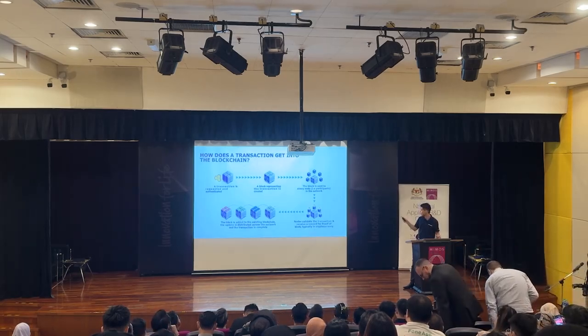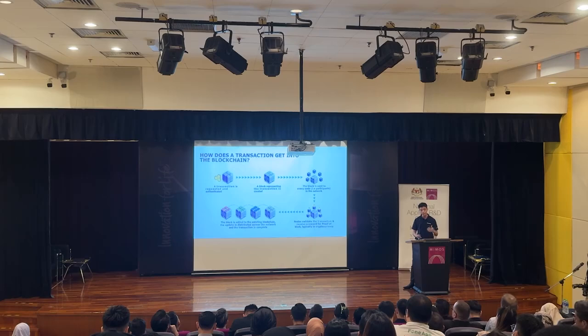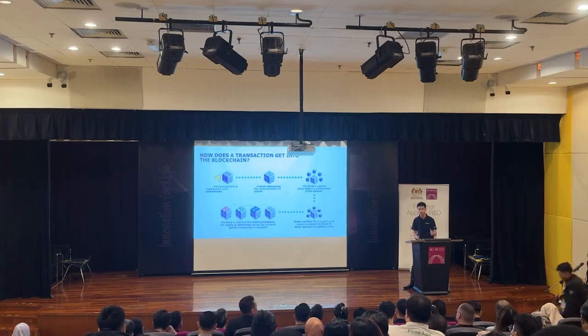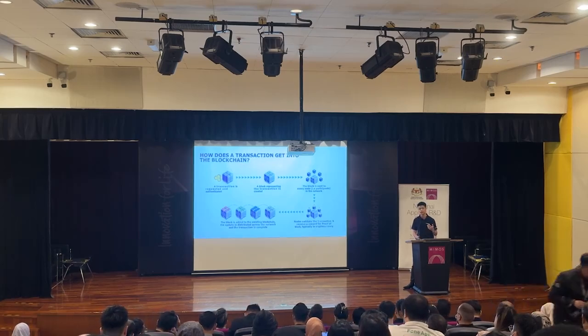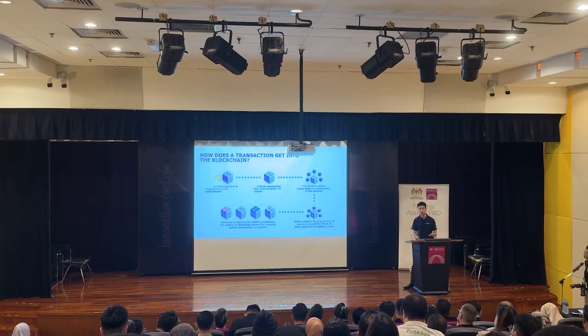And the fourth step, once the nodes validate the transaction, and depending on the consensus mechanism like proof of work, you're probably going to receive some kind of reward in return. And once the distribution is complete, it means that the data is fully finalized and it will become immutable and tamper-proof